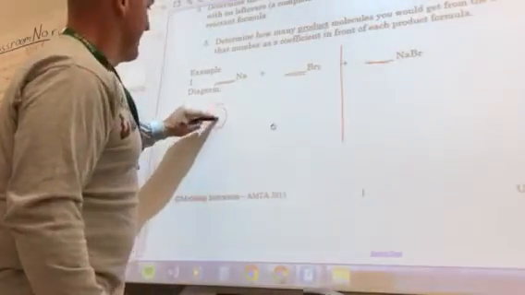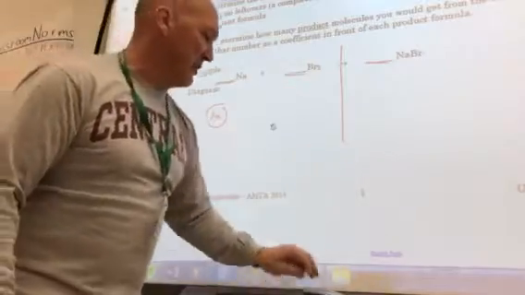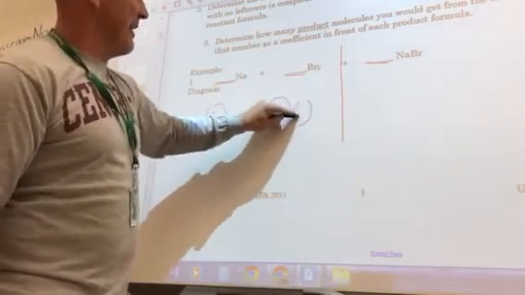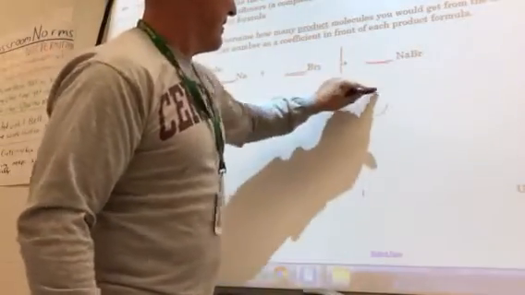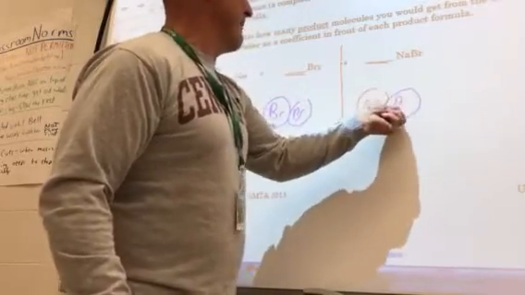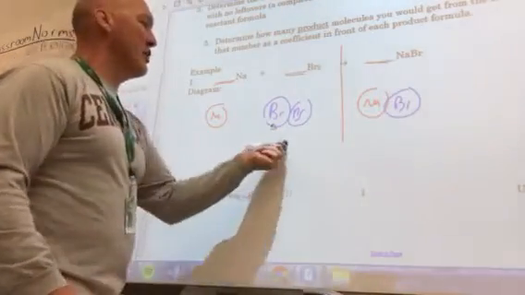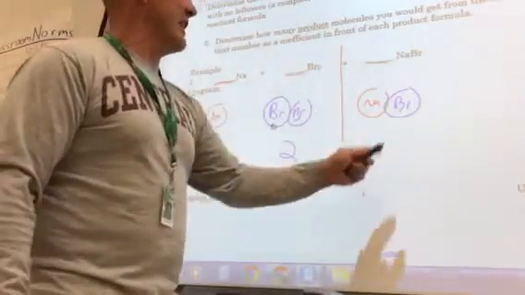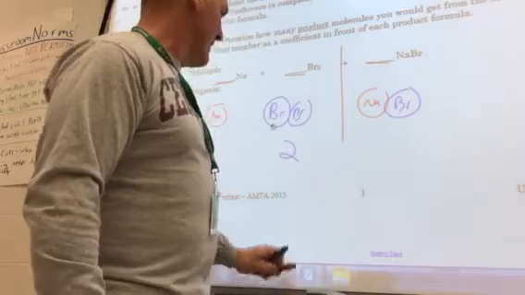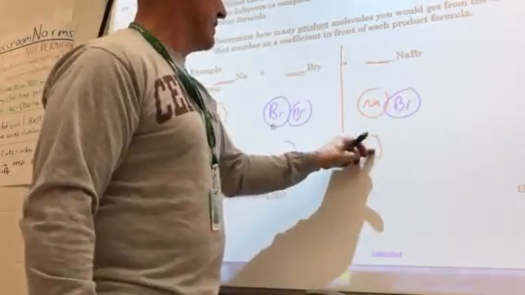I'm just going to draw this one. I'm going to draw an Na, and I'm going to draw a Br2. I'll use a different color for mine. That's a Br tied to a Br. And they're saying it's going to make an NaBr. That just can't be. You can't start with 2 Brs over here, and only end up with 1 over here. They can't disappear. So apparently, it's got to at least make 2